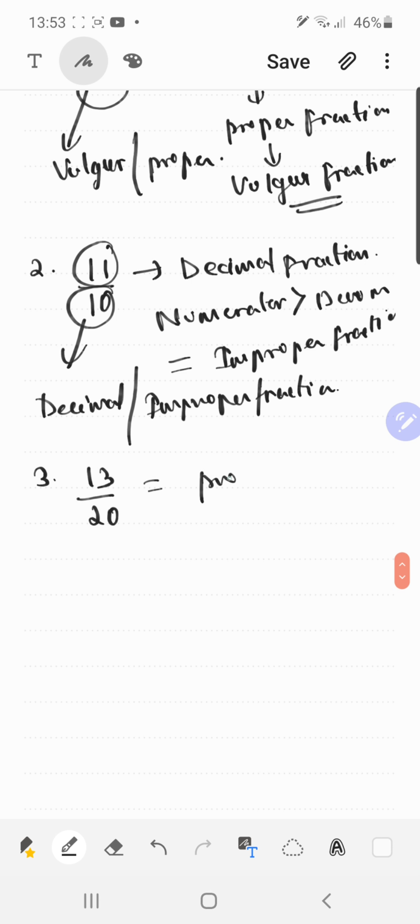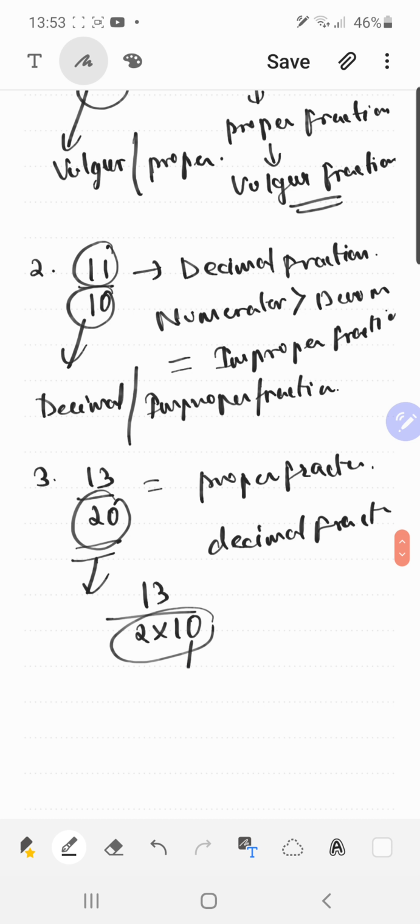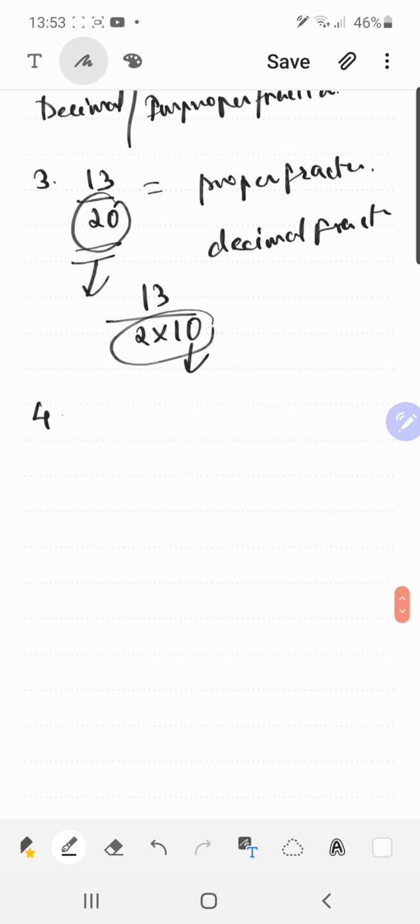Again, it's a proper fraction. Okay, and here my dear kids, if you want, you can convert this 13 upon 20 into 2 into 10. So it can be a decimal fraction also. 20 को 2 into 10 कर दिया तो 10 आ गया ना, तो decimal fraction भी बन सकता है. Fourth, we have